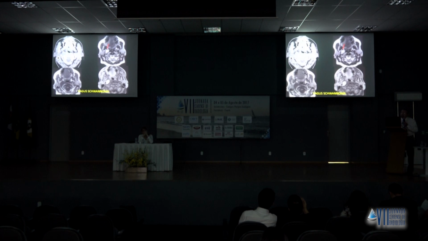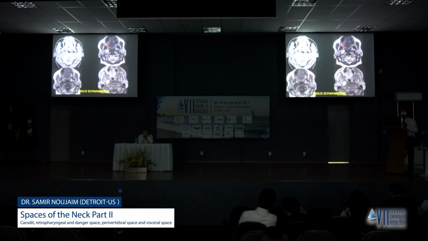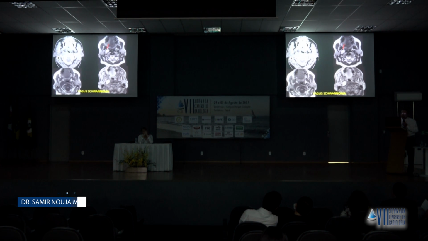The other tumor that you will see in this location is another neurofibroma displacing the carotid artery anteriorly, with intense enhancement, but if you do the angiogram or CTA, you will not see any vascularity as you see with paraganglioma. So that's a major way to differentiate one lesion from the other. The other thing you're going to see in this location,